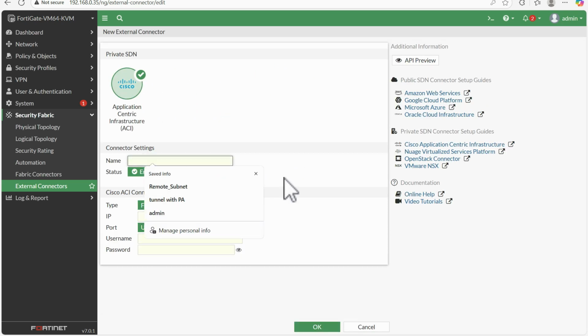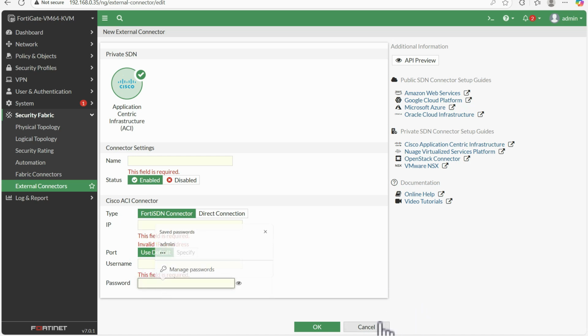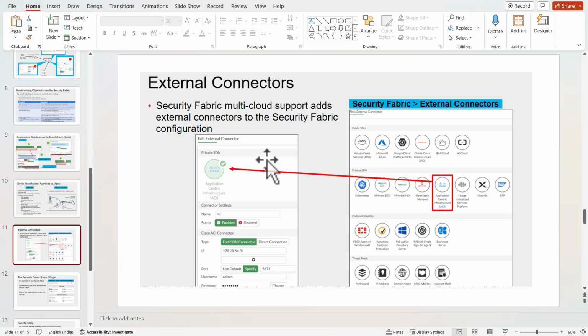You have to type the name and select Fortinet SDN connector or direct connection, then the IP, port, and other information. Using that you can connect to third-party devices like Cisco ACI, and other cloud services are there. So if you need to connect to external things, you can connect based on the requirements. The options are available.